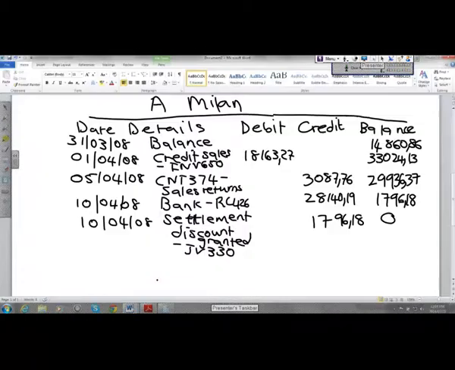Look what actually happened. This was the payment he made with the related discount. Now, because his check has been returned by the bank, it's as if he did not make the payment. So we must cancel the payment he made. In accounting, when something was on the credit side and you want to cancel it, you must put it on the debit. If it was on the debit and you want to cancel it, you put it on the credit. So what we're going to do is say on the 30th,